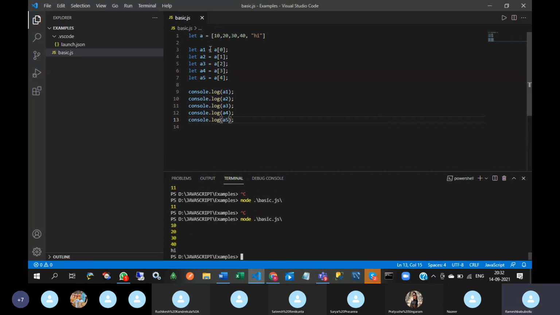So this is the way to fetch the elements and store in different variables.